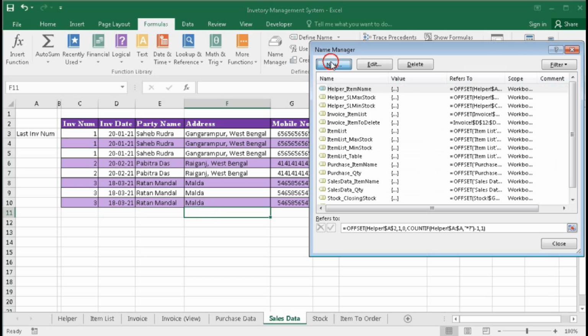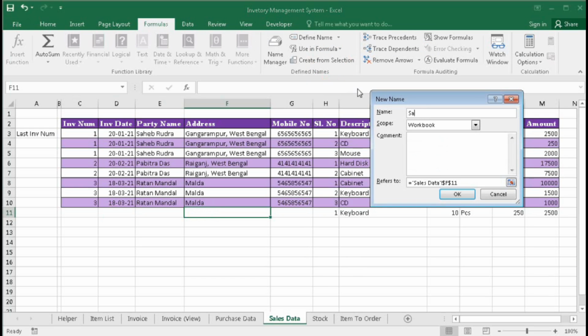Name range here, new, type here sales data underscore inv num underscore blank, and here our range will be equal to OFFSET, bracket open, this cell, comma, how many rows to go down, so that will be the count of this row, COUNTA bracket open this cell bracket close, comma 0 to go right, comma what will be the height of the range.